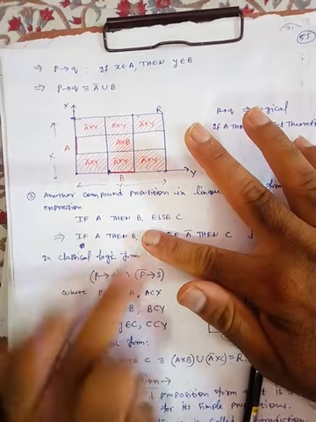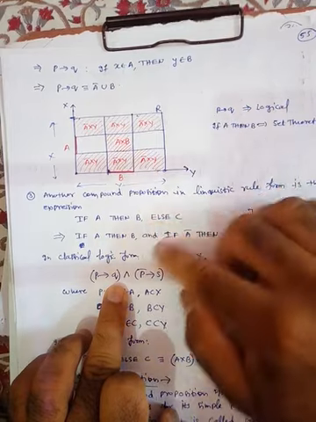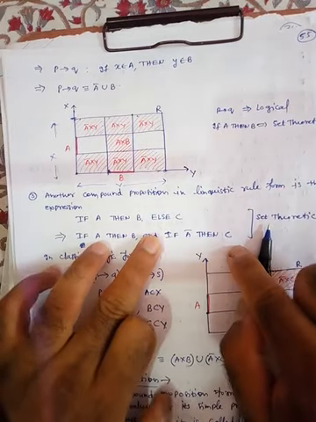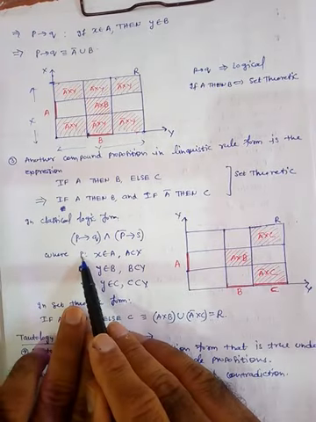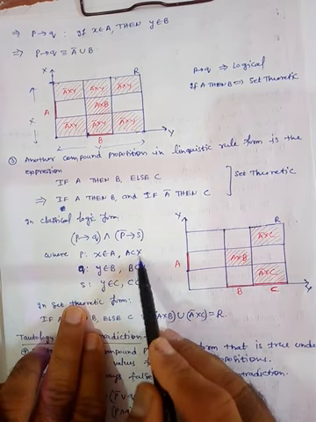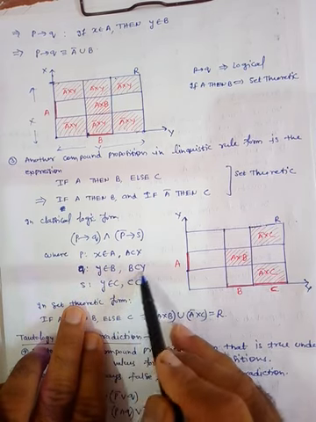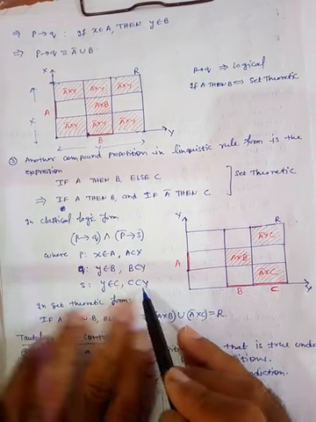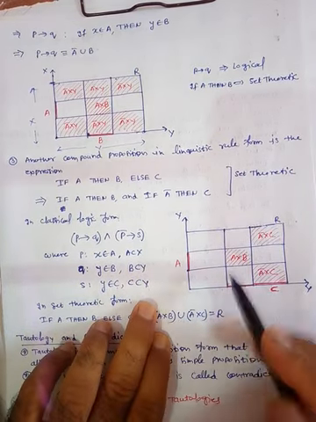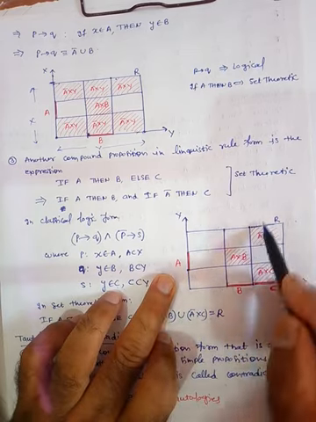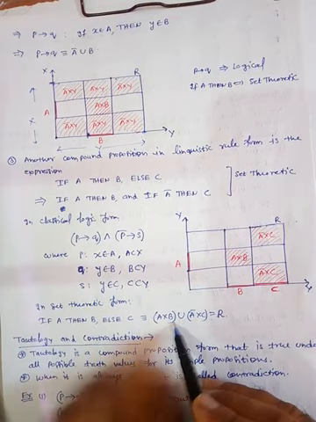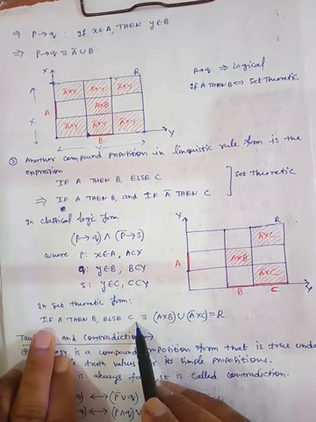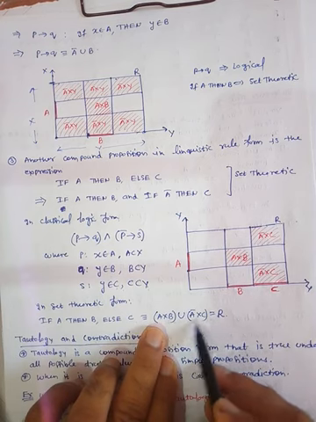In classical logic form, this is equivalent to this part. If A then B is nothing but P implies Q, and if A bar then C means P implies S. So this is the meet of these two. Suppose P is the proposition where X belongs to A and A is a subset of X; Q, Y belongs to B, B is a subset of Y; S, Y belongs to C and C is a subset of Y. Here this is set A, this is B, this is C. So the statement if A then B else C is equivalent to A cross B union A bar cross C.